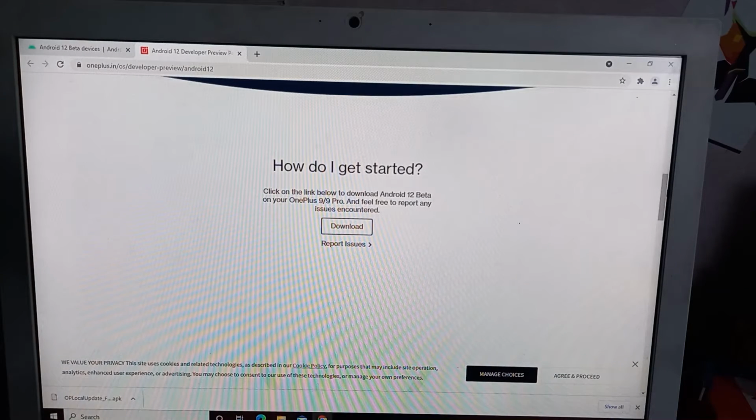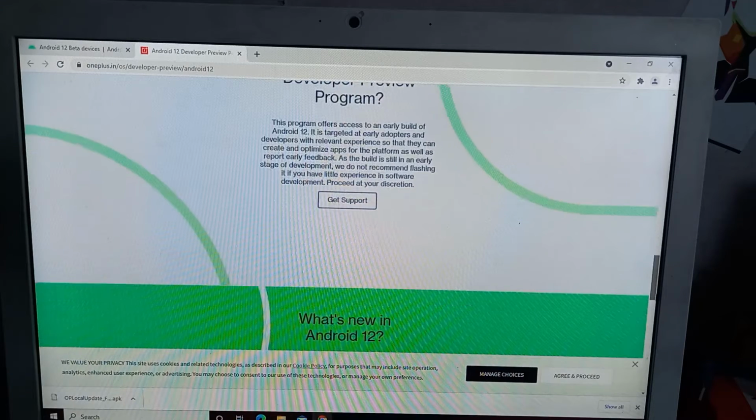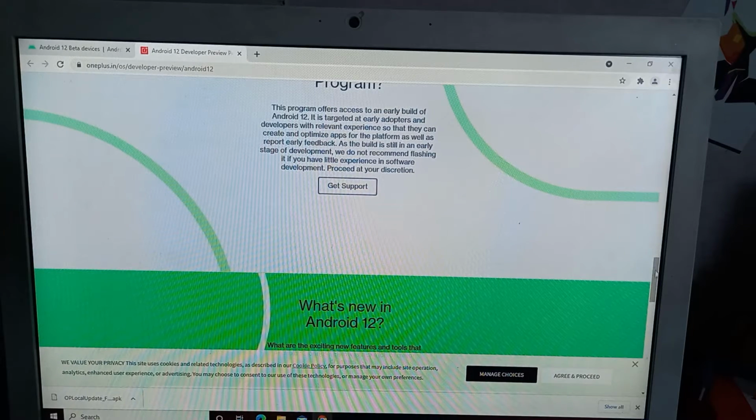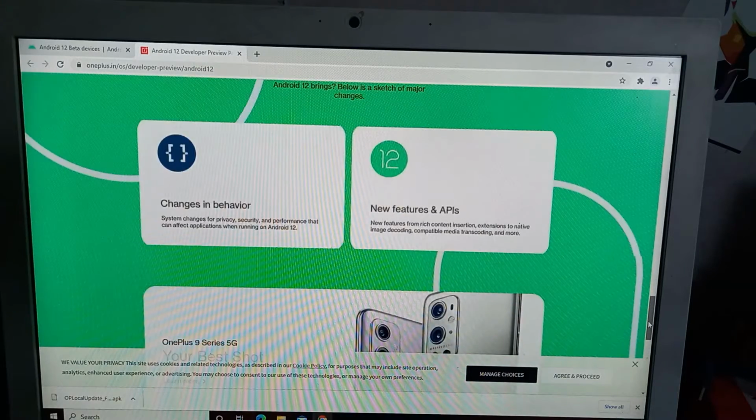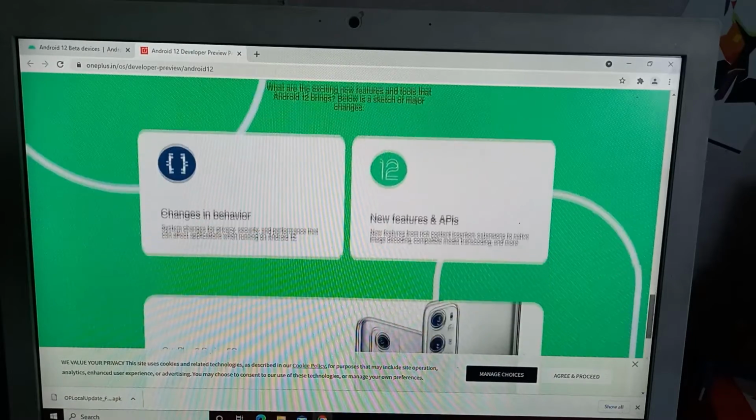Here are some details about the Android 12 developer preview program and what's new in Android 12. There are many things, they are giving us an overview. There is written change in behavior, new features and APIs, so it will be quite interesting.